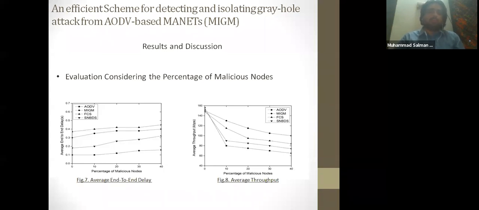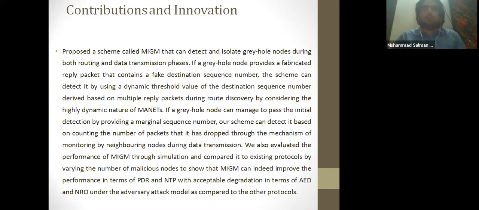So there is a little average end-to-end delay, but not very bad. And average throughput is also very good, because the data packets are transmitted from one end to another end securely, and in a good manner, or in good ratio also. So in conclusion, I would say that detecting gray hole attack is a bit difficult, because it is an